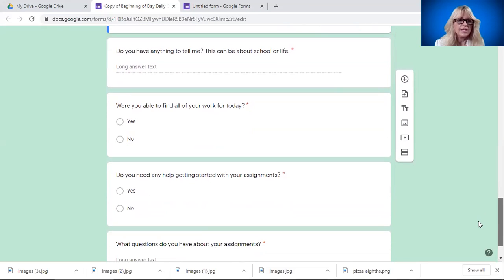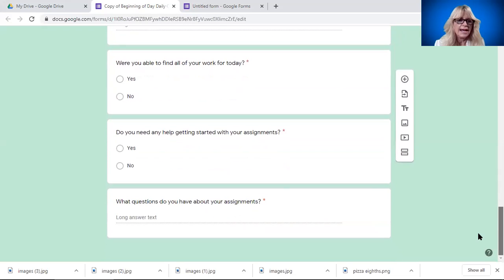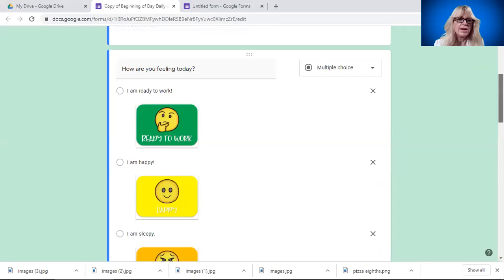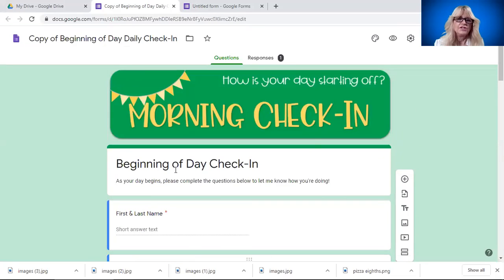Another multiple choice, were you able to find your work today? Do you need any help getting started? And ending with, what questions do you have about your assignments? So what a quick, efficient way to gain information and reach out to your students. Let's go ahead and I will take you step by step in how to develop this morning check-in using Google